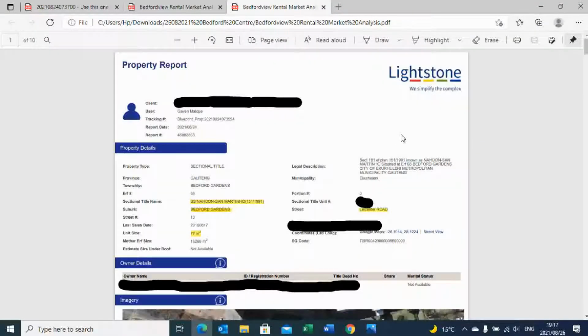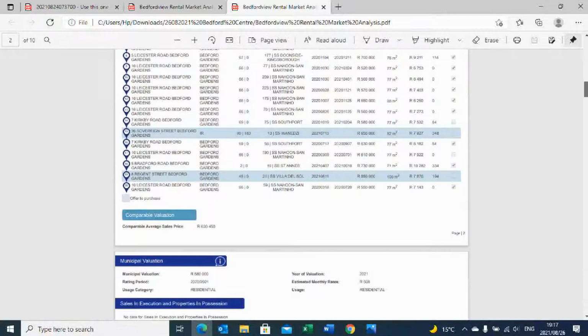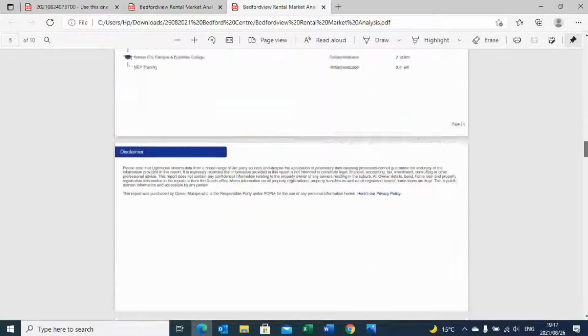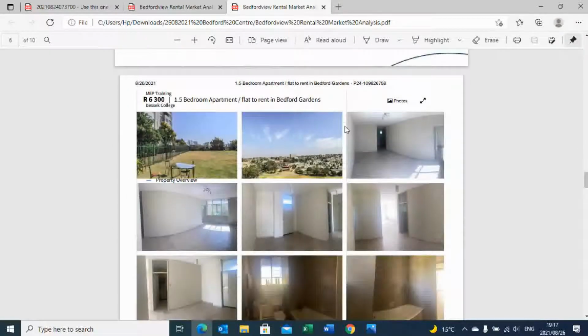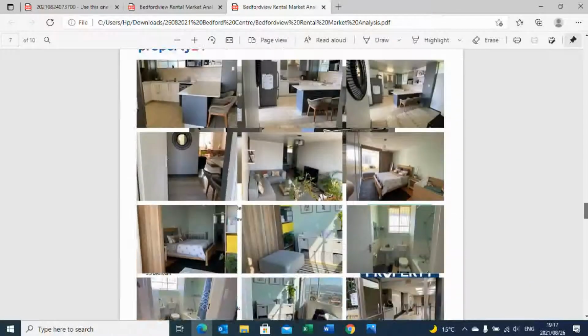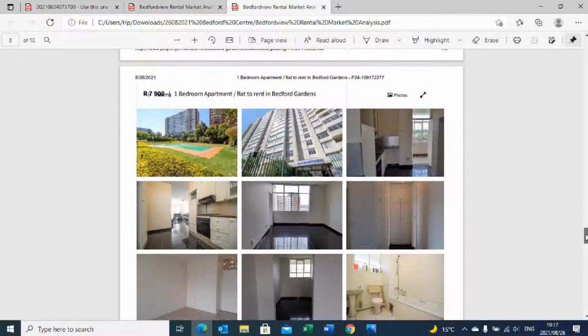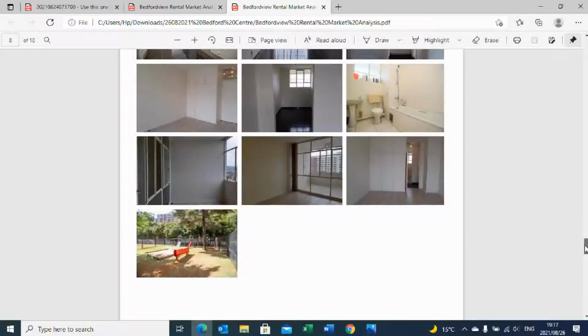So when it comes to rental, the first 4 pages will be your Lightstone. Okay. And then after Lightstone, what follows is the properties that you are comparing. Each property must have its pictures so that the owner can see. Without these pictures, we are not doing justice to a rental market analysis. Okay, so this is how I prefer that you do it, that we all do it,